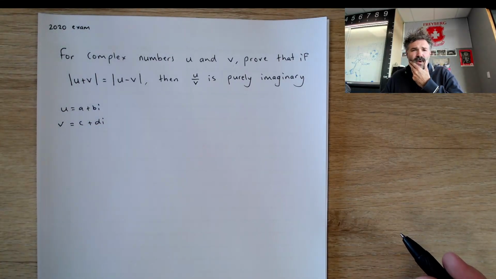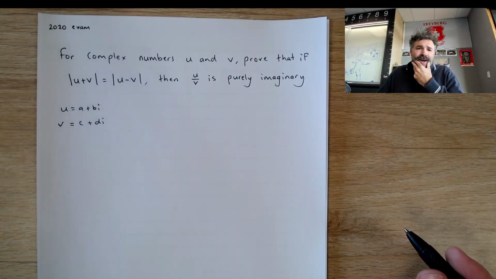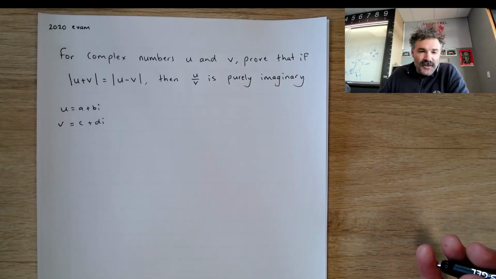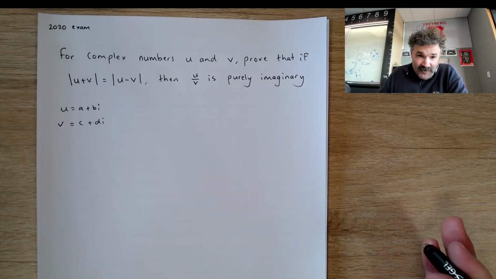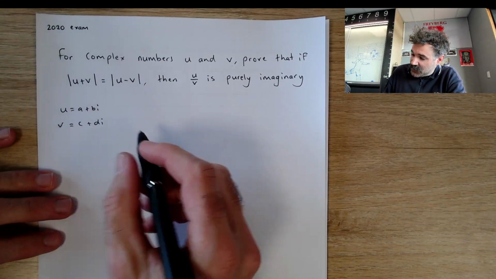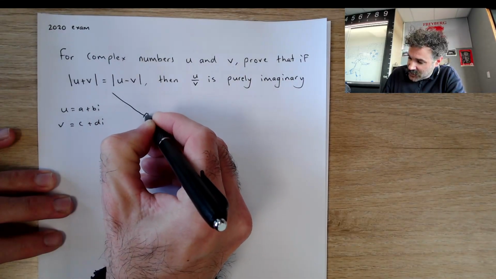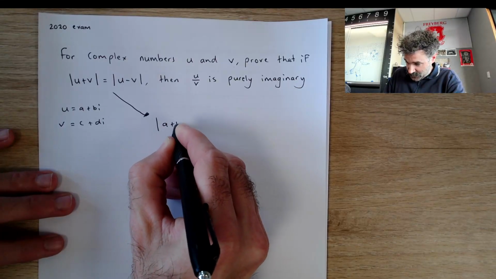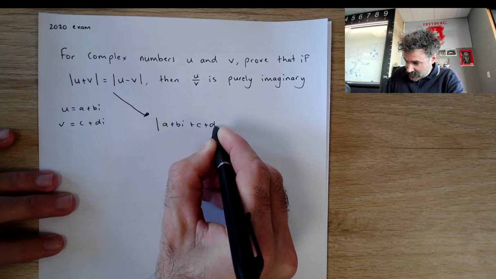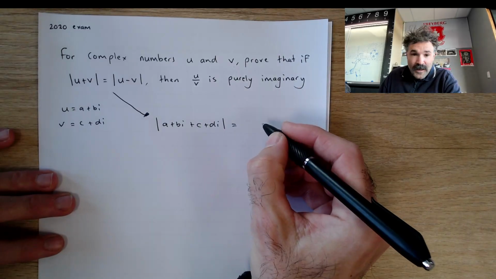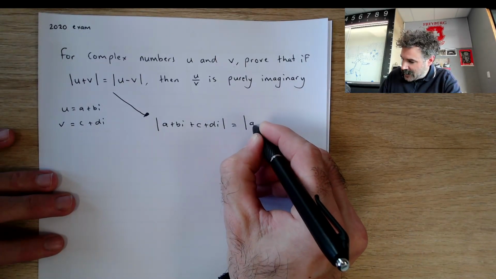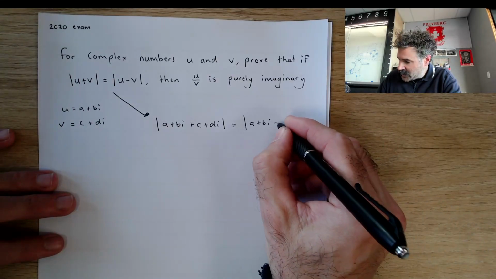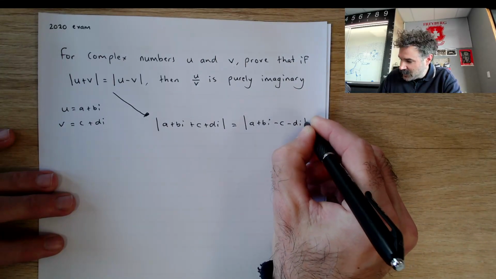We need to prove that if the modulus of them added is equal to the modulus of them subtracted, then them divided is purely imaginary. Let's have a look at this. Let's first just work with this for a bit. We'll get to that second part soon. So the modulus is going to be a plus bi plus c plus di, and that is equal to a plus bi. Be careful here, we're minusing all of v, so we're minusing c and we're minusing di,